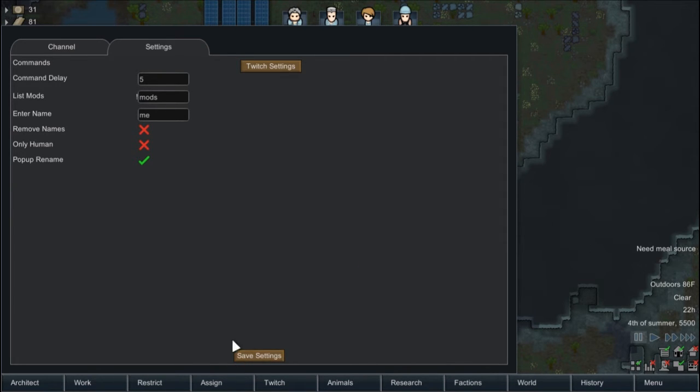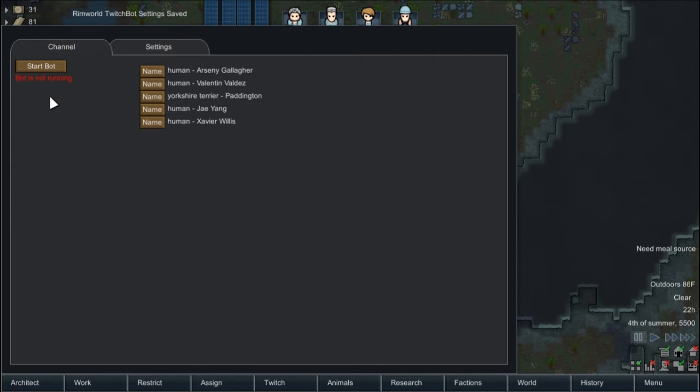Now, once you've made any changes, obviously you want to save your settings, and it'll let you know that you've saved them. And once you've got that, you should be able to connect. So if we go over here and click Start Bot, you'll see that it's gone to bot is running and the bot is connected. So if we take a look at Twitch,